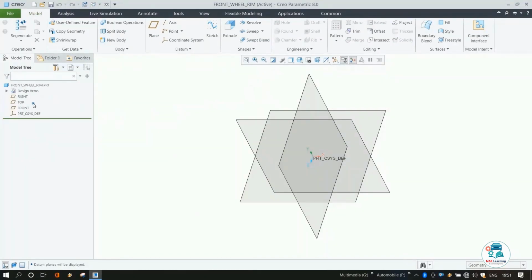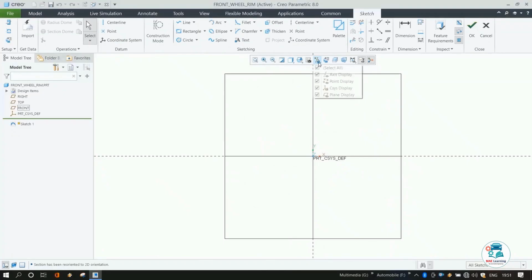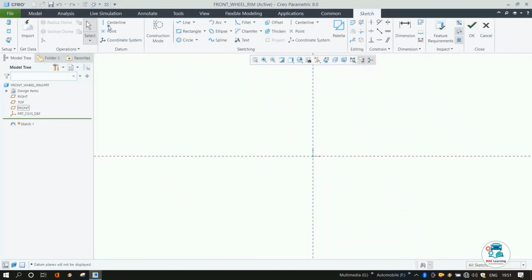Here we will start with front plane, so select and click on sketch, then normal view, uncheck display datum filter if you want, add a center line and click here and here,